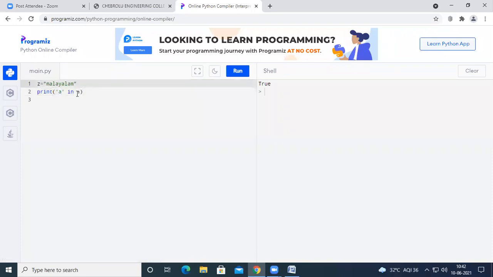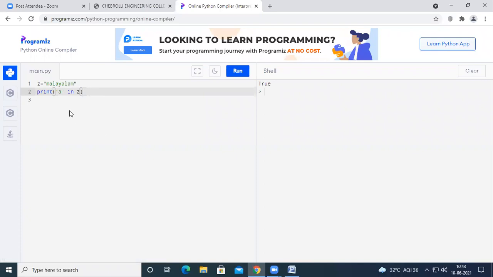Let us change something here. For example, Z equal to Malayalam and A in Z. So Z is a string which is having Malayalam.